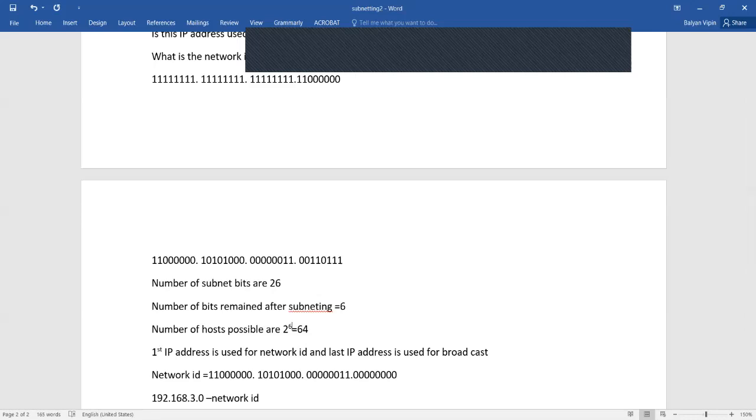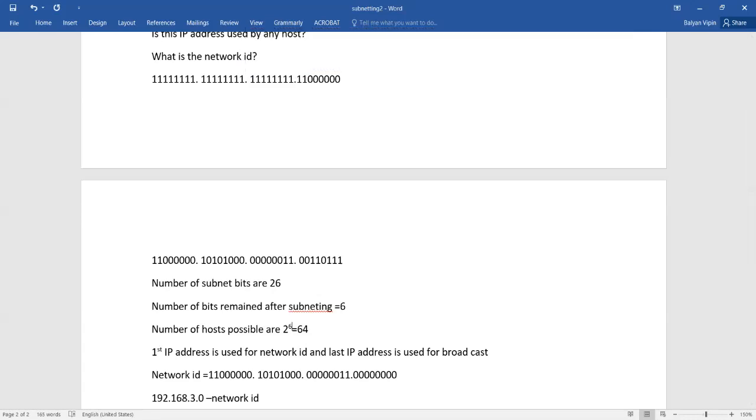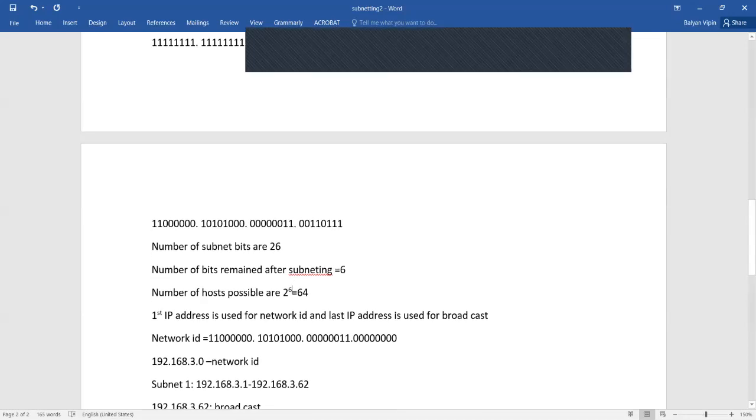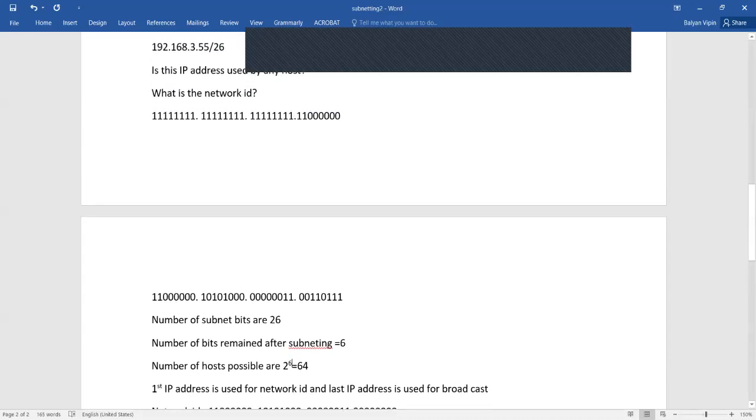So if bits are 8, it will be 256. If bits are 9, then it will be 512. If bits are 10, it will be 1024. And the first IP address of any network is always used for network ID, and the last IP address is used for broadcast. So when you do the AND operation of these two, I mean a logical AND operation,